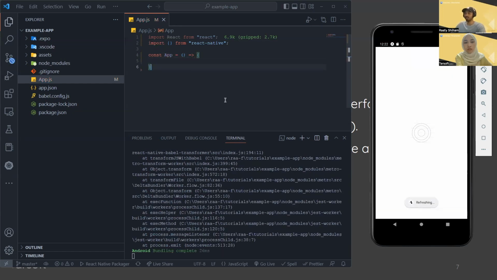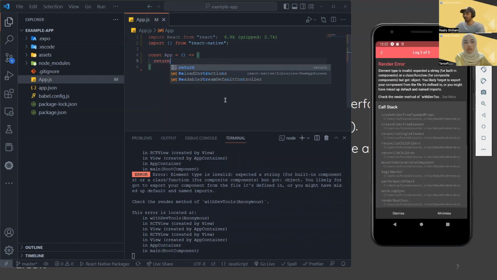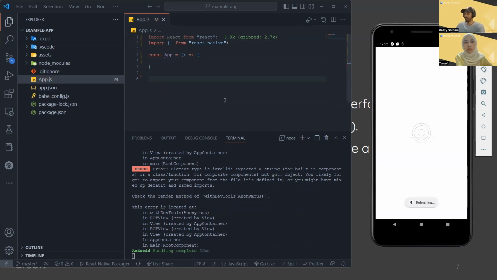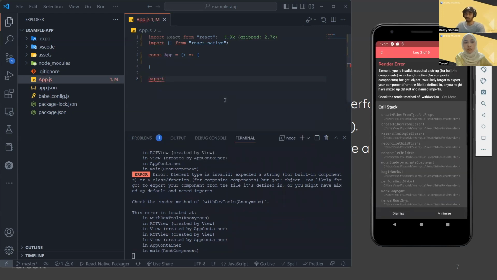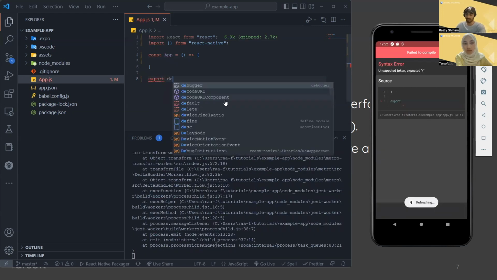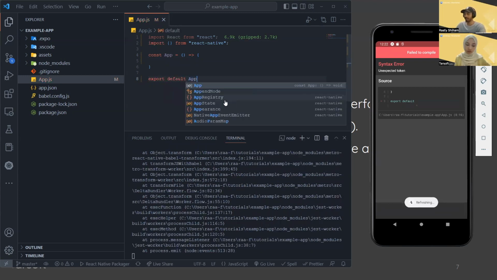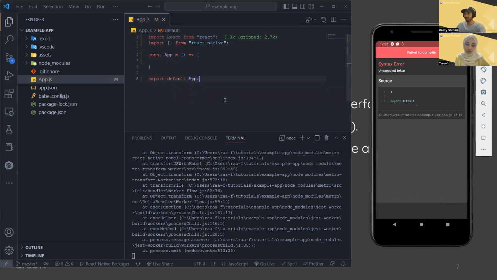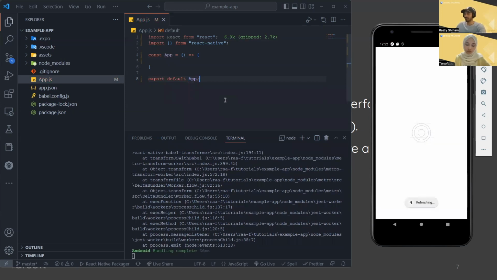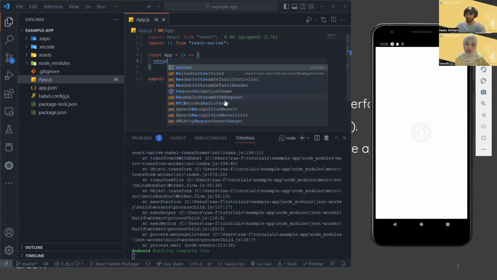And when using an arrow function, you always have to export it after you define the constant. As you can see, there are errors, and it's still not rendering anything because it's not returning anything right now. So you have to return